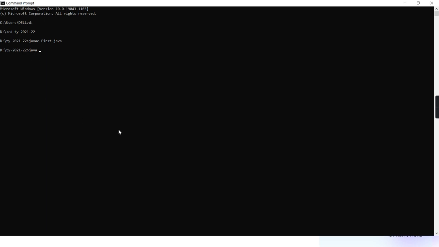Now to the Java tool, you have to give the name of a class, not the name of your source file. Give the name of the class in which main is present. Suppose I am giving first. That main which is public, which is static, and which is returning void, and which is taking an array of String objects, that main is the only main eligible to start the execution. That is to start the life of your program. Getting? So now internally what steps happen, that too I'll tell you.